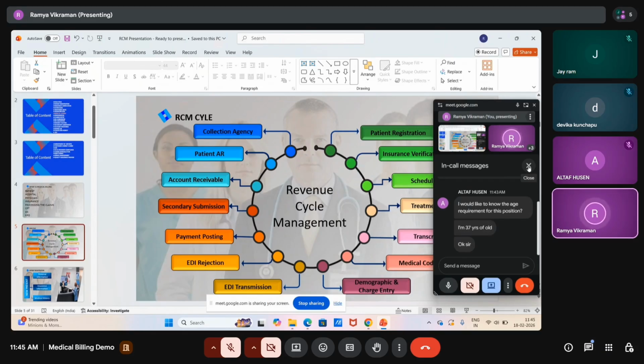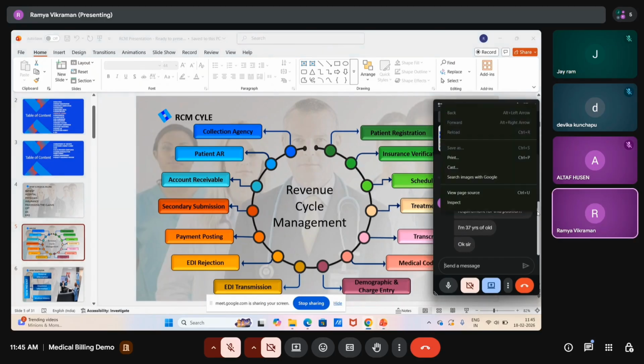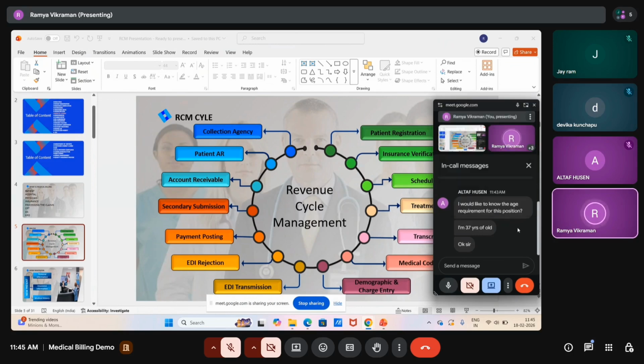Any question from anyone apart from Altaf? Altaf, if you still have any question, you can raise your concern. I would also love to get your feedback and suggestions. You can tell me if I'm going too fast, if I'm not making it clear, or if you have any doubt on any of the information in the slides, because this is a demo session.